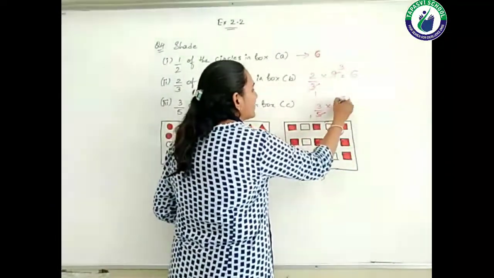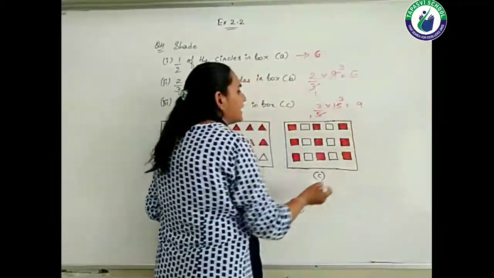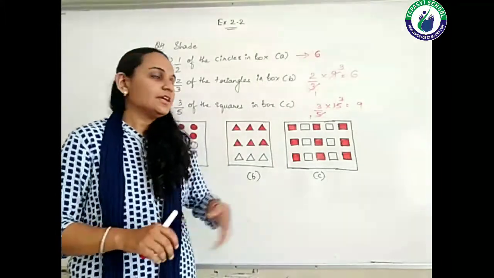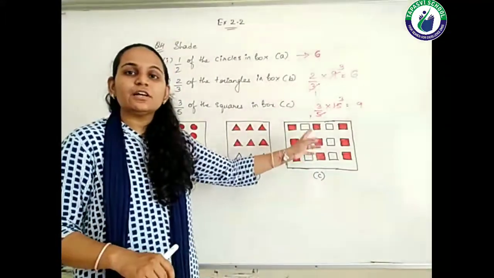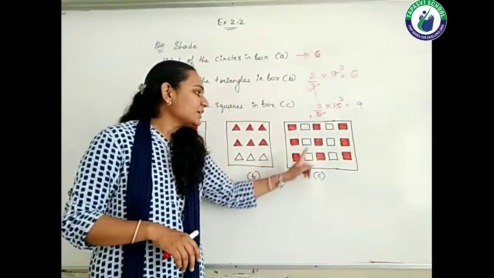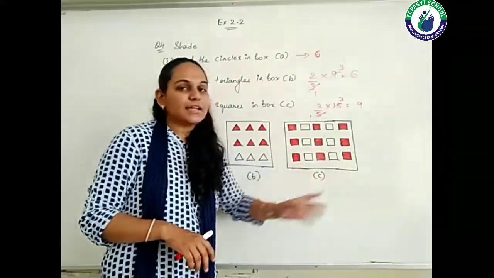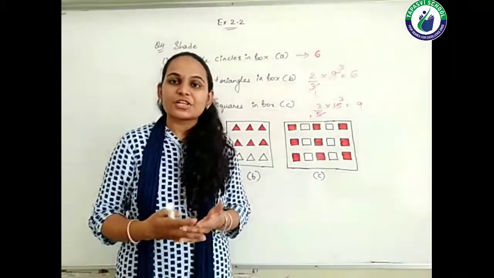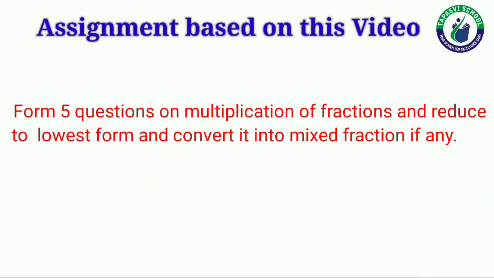So how much will be coming? 5 ones and 5 threes. So 3 threes are 9. So total 9 squares need to be shaded, right? So see how much I have done? I have done 9. So for you only I have done this creativity. So 1, 2, 3, then 4, 5, 6, and 7, 8, 9. Whichever square you want to shade, you can shade. I hope, students, you understood up to here.